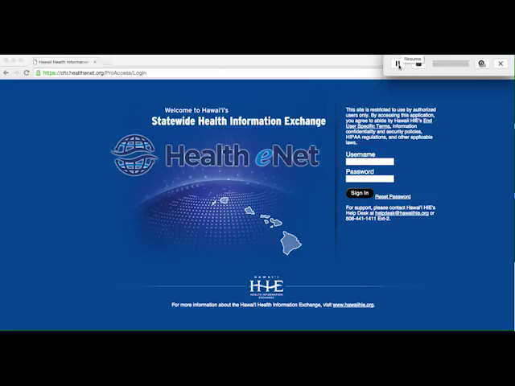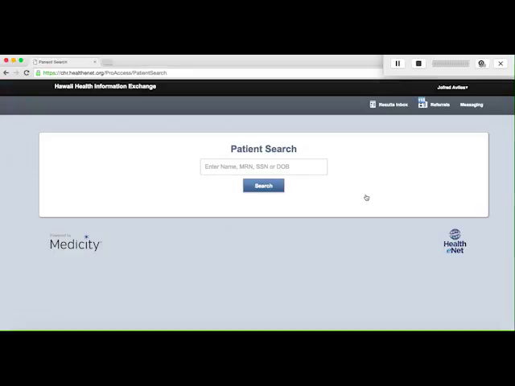The standard password on initial login is HHIE at HHI3. Put in your initial login. For the password